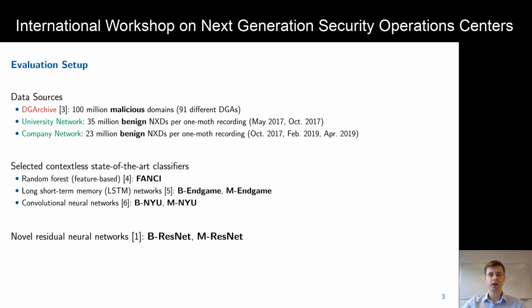For our comparative evaluation, we selected several types of context-less machine learning classifiers. For a feature-based approach, we choose FANCY. FANCY implements a random forest-based classifier for DGA binary classification. We also evaluate different types of deep learning-based classifiers, including recurrent and convolutional neural networks. These classifiers also offer multi-class classification support. We denote the featureless classifiers, which solve the binary classification task, with a leading B, and the multi-class classifiers with a leading M. As a contribution of our work in ZAPAN, we propose 2 novel classifiers for both classification tasks, based on residual neural networks.